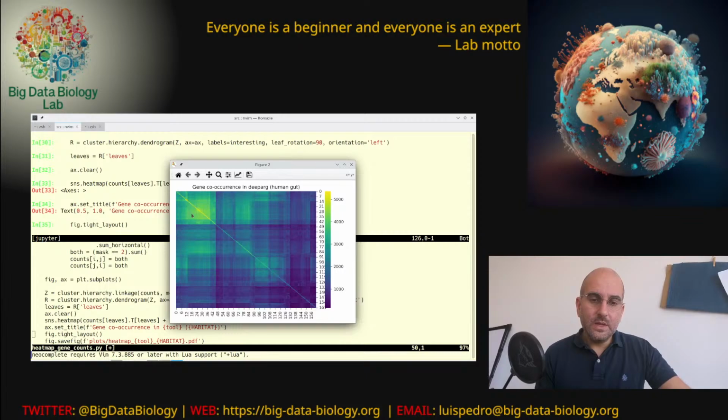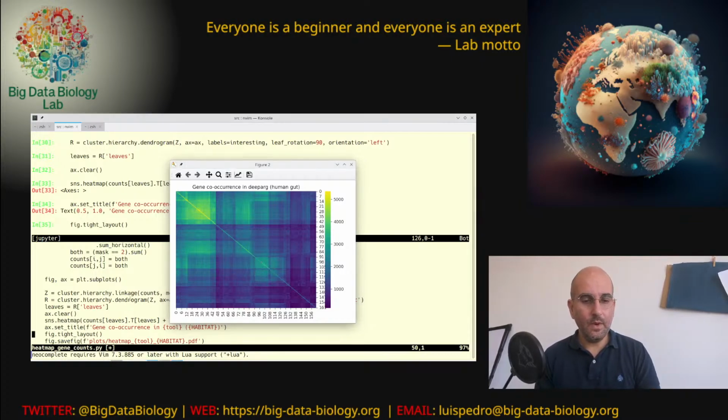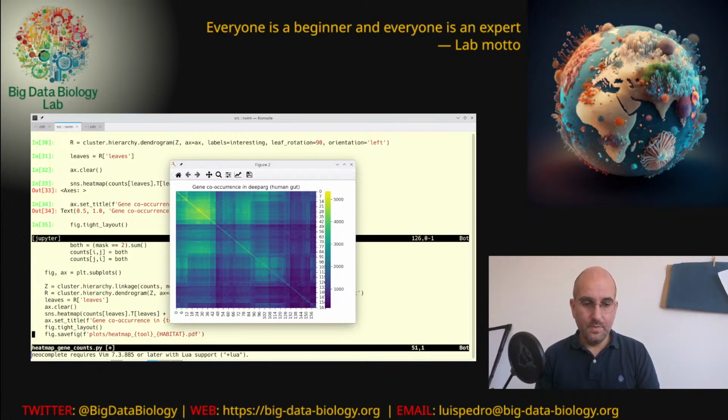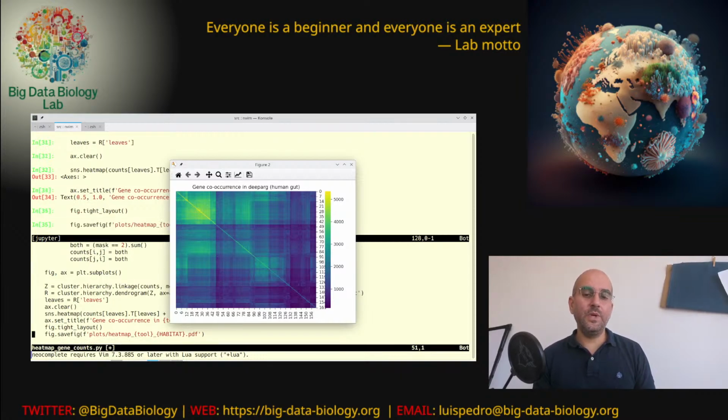Right, and then we had seen that we have these groupings. Here we've used clustering to reorder the matrix so that the groupings become apparent, and we saw that this was pretty common.